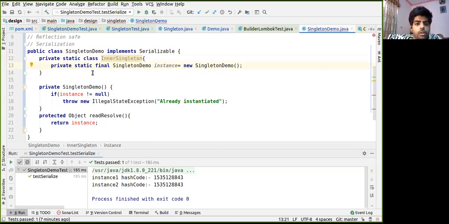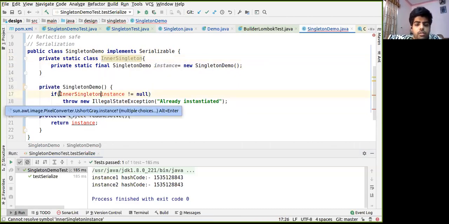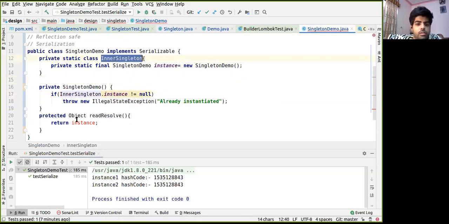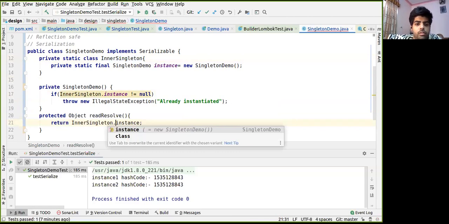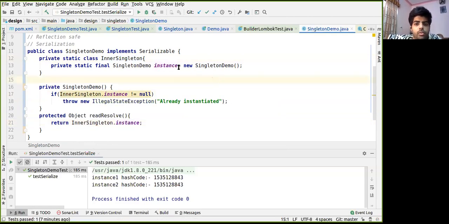Okay, so does it solve our problem? Let's see. So the inner class would not be loaded with the loading of the class loader. It is static, and it could be used.